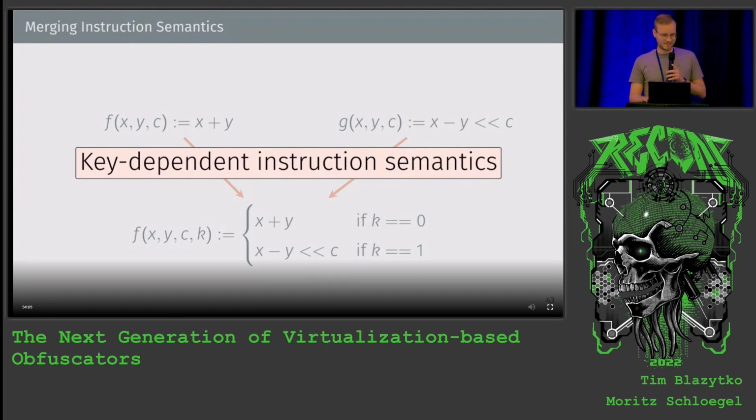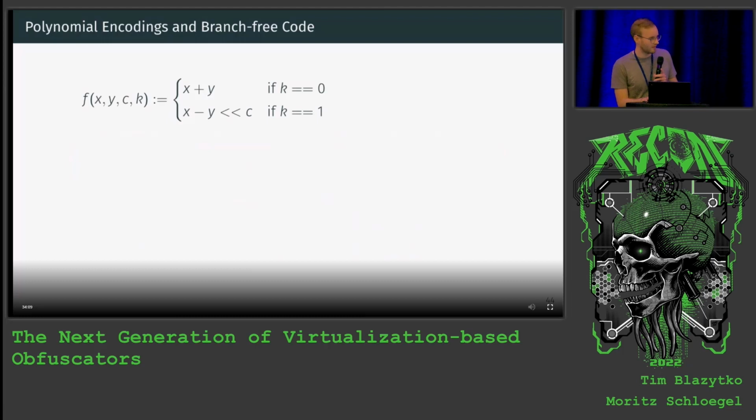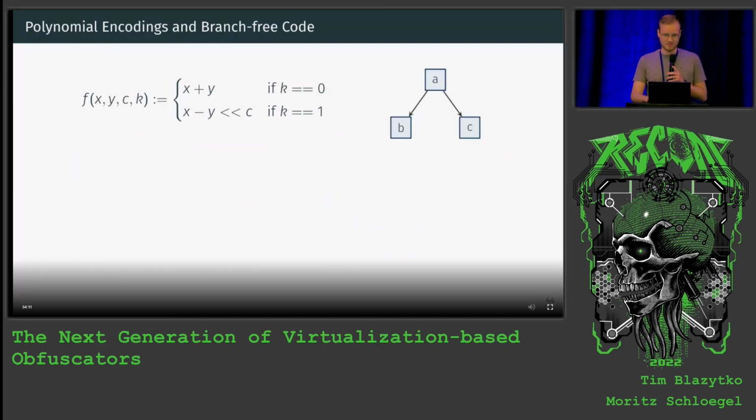Now, with these key-dependent instruction semantics, we can do great stuff. So if we consider a control flow graph representation of this, there's the if. And based on the if, you can go either down one of two routes, right? But that's not what we want. We want one large basic block where all the instructions are in there. And we can actually get there pretty easily,